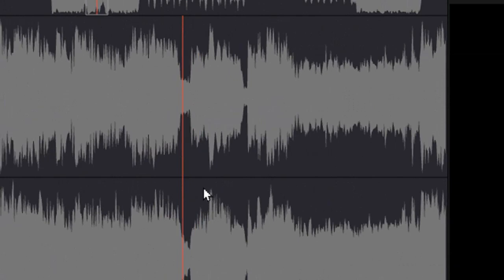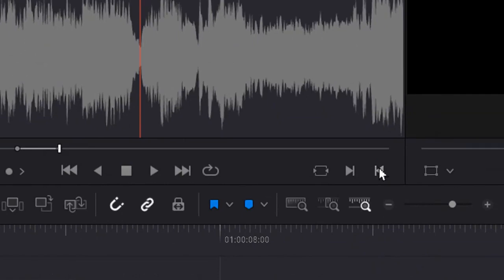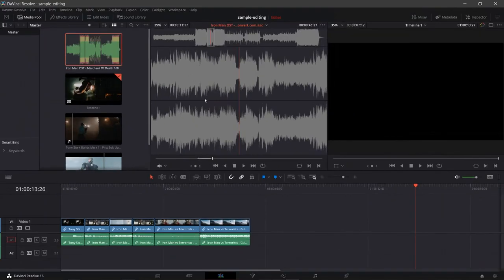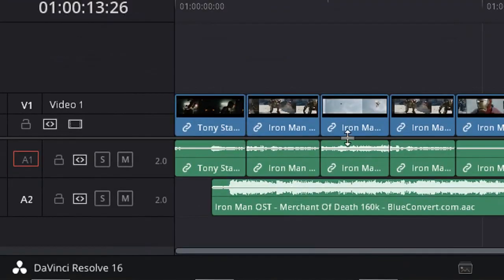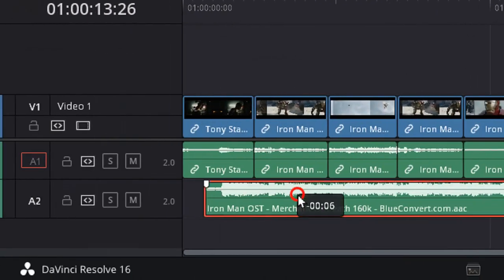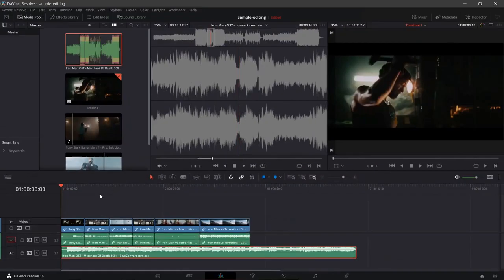And the same thing, you can use arrow keys to do very precise audio control. So let's start here and go till here. Now just drag and drop, just like a video, but not onto video 1. You put it on audio 2, because we have here an original sound from those tiny scenes. So audio 2 is going to be like another audio track. And if you play this now in this window,